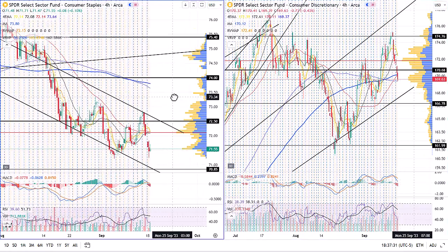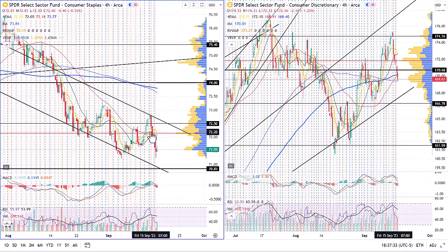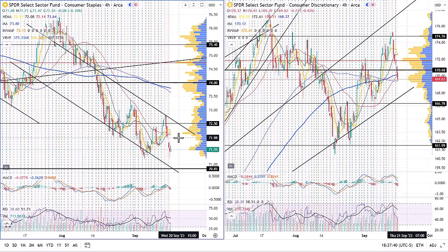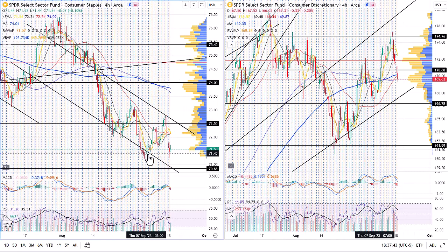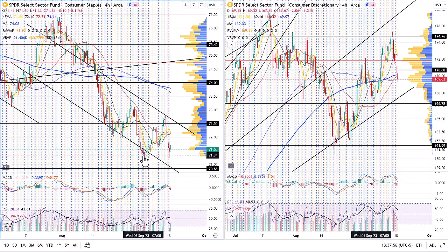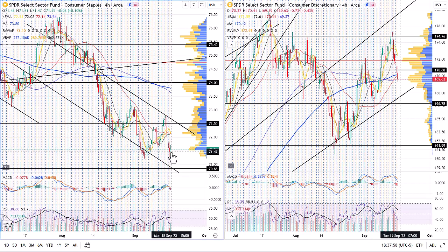Moving over to staples and discretionary. Staples gapping down, going much lower, bearish momentum, not great on the day. We've been in this bearish structure for a while, and that continues to be here. Does look like we might be getting a double bottom right at this 71.40 area. We tested that level and got a quick rejection, which is interesting. We also have a higher RSI read at the same price level, so some definite divergence happening there on staples